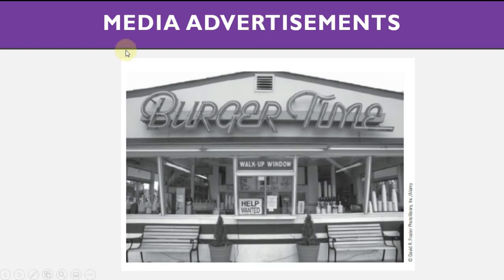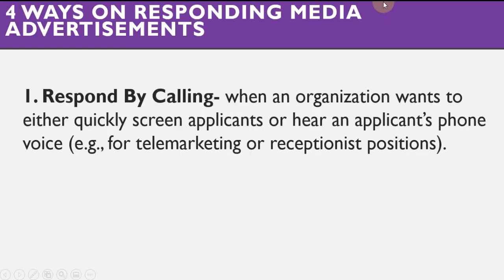Pwede silang mag-respond through walk-in. Okay? We have your help wanted. Okay? Na kung saan yung isang tao pwedeng mag-apply dun sa mismong establishment. Okay, we can respond by calling. That is number one of the